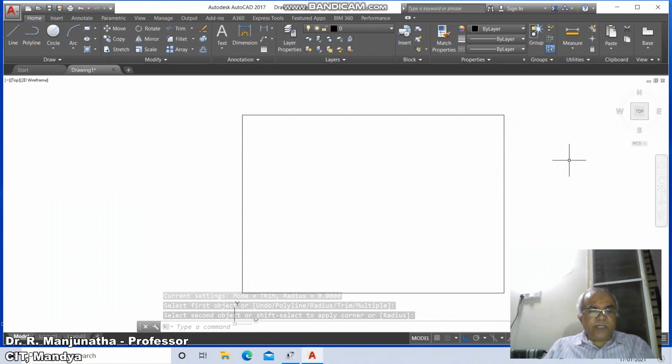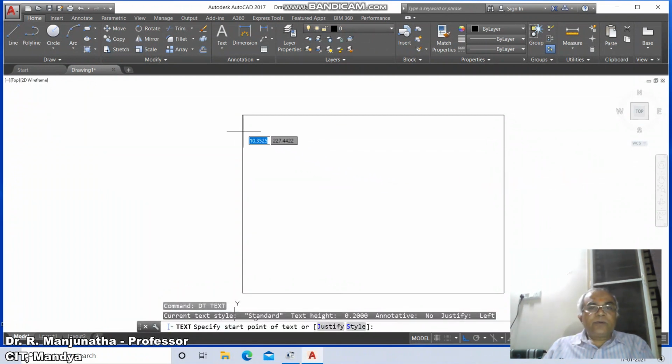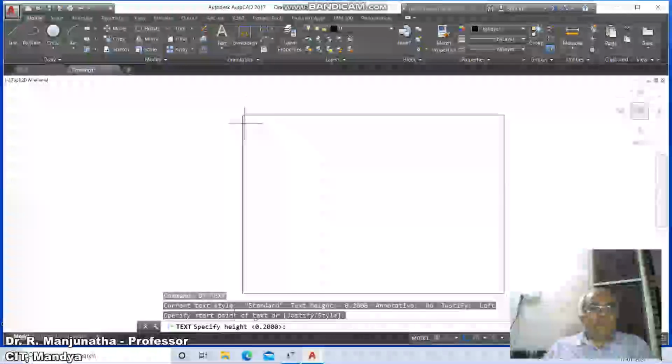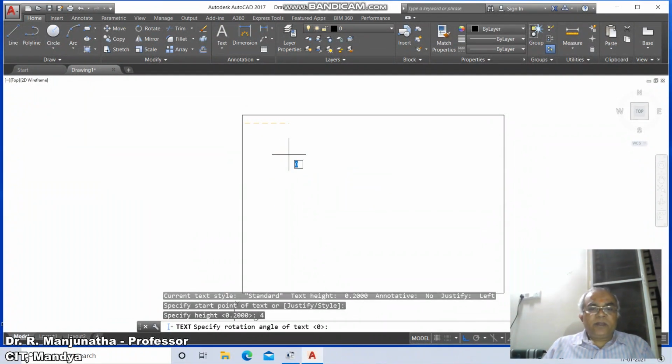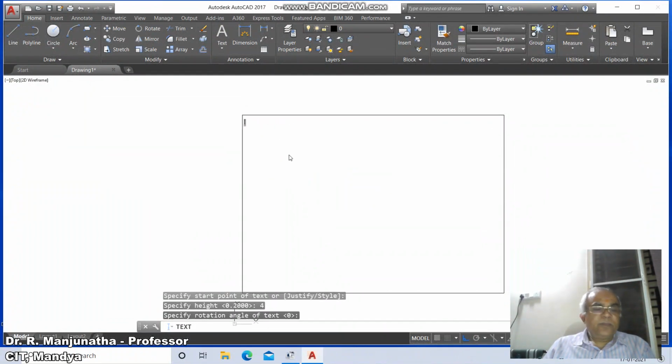Then go to D-text. Click on the start point of this and take the height as 4, specify rotation angle as 0, and type 23, the problem number.